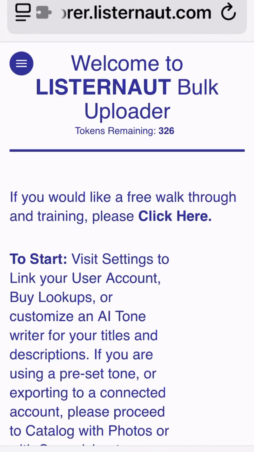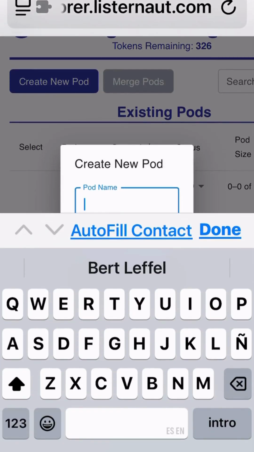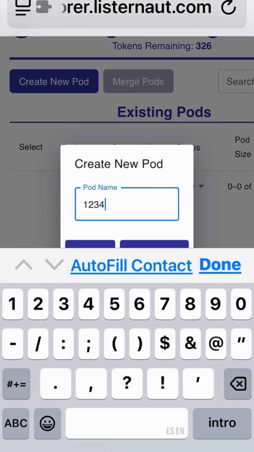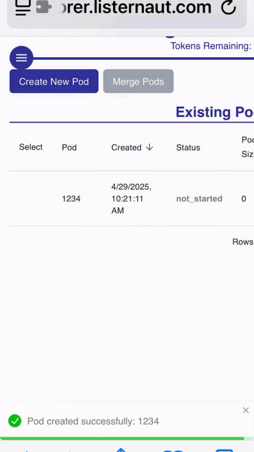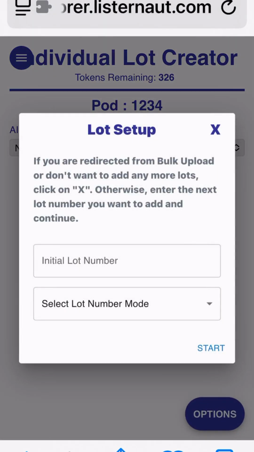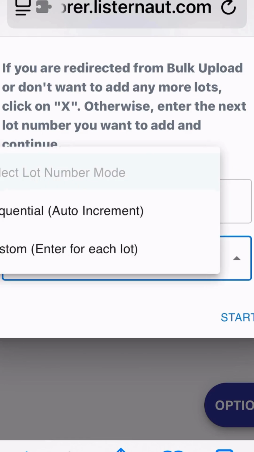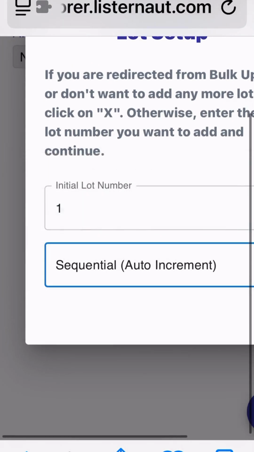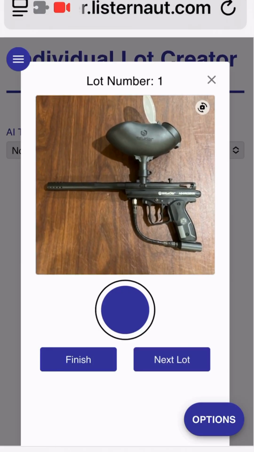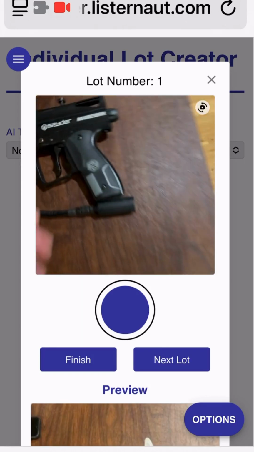To use the Listernaut bulk camera feature, click Catalog with Photos, then create a new pod and give it a name. No spaces are allowed in this case, and then we'll click Individual. We're going to give it a starting lot number, and then decide how our lot number formatting should occur. In this case, we're going to go with sequential, auto increment, and then we pop right to our camera,